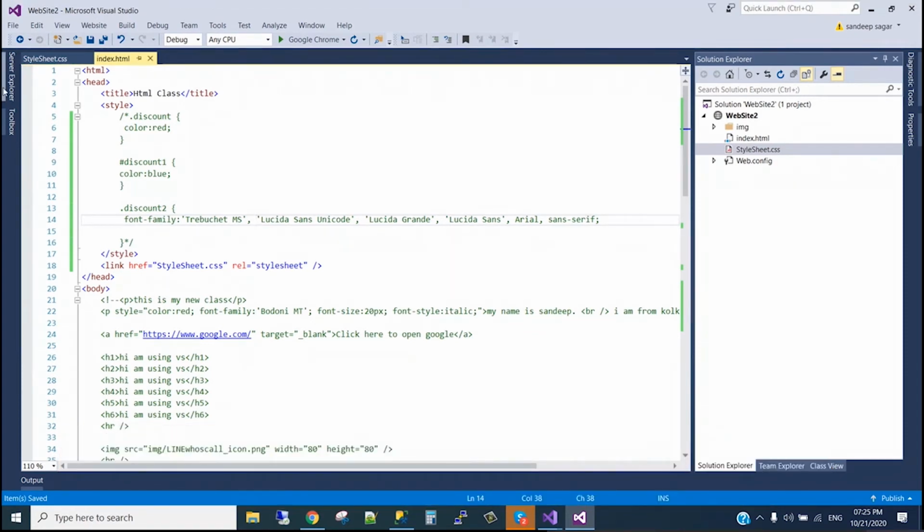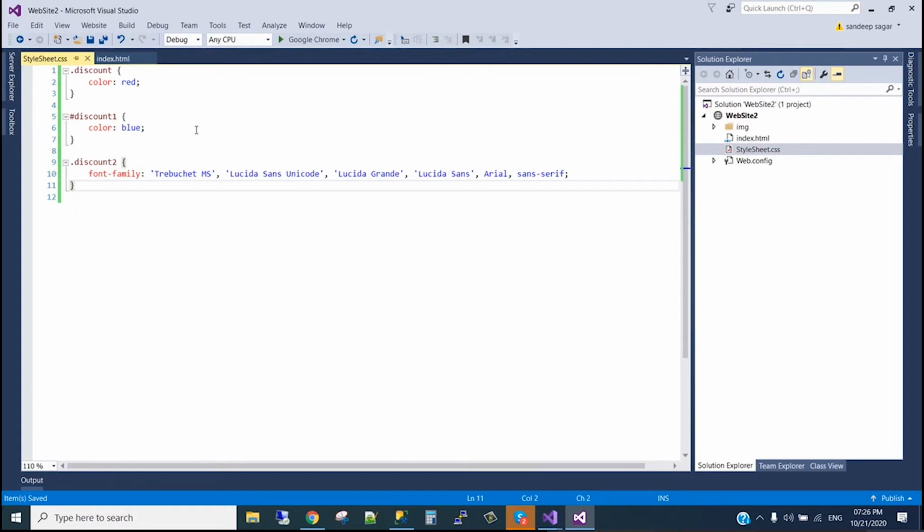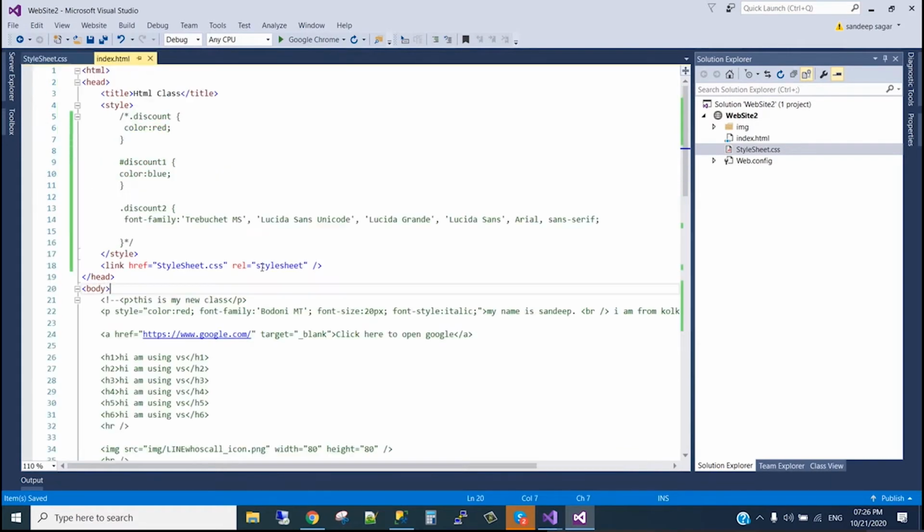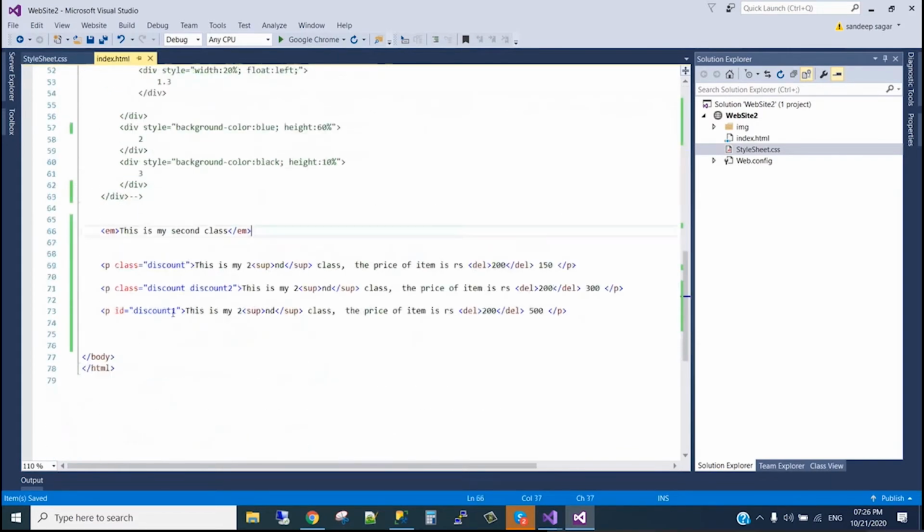So using a style sheet is a good process, but if required you can use inline and internal also, according to the requirement. If there is only one fix, you can write it here, that's not a problem, but it is always said to use a style sheet. So next we will go through